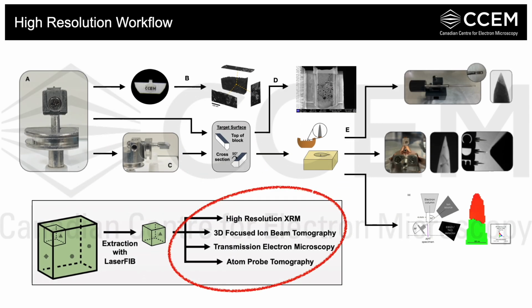Okay, to summarize, up to this point, we've identified our feature of interest, we've studied it in 3D using XRM, we've targeted it using the laser FIB, and then we've further characterized it, again using SEM and EDS. So now we can push to that nanometer scale and collect our TEM and Atom Probe data from our once buried feature. You can see from my schematic here that it doesn't have to be as simple as just doing one or the other, that we can actually do correlative TEM and Atom Probe to gather even more information than traditionally.